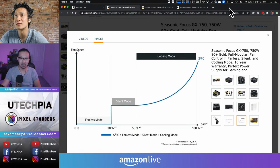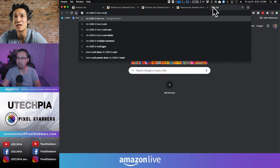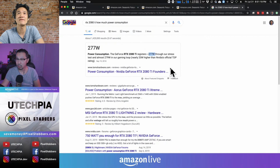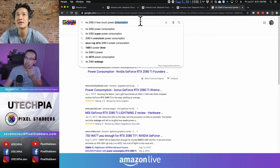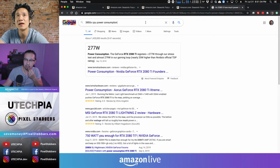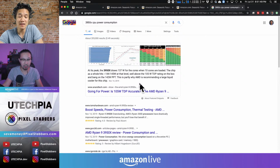Like you can look at how much those GPUs use. For example, if you search for the RTX 2080 Ti, how much power consumption does it take? This is crazy. It takes up to 277 watts, or almost 280 watts, just for this big GPU, right? And then you add your CPU, which if you have, for example, let's say a 3950X, the CPU power consumption is about 300, right? So just the GPU itself took like a quarter of the power. And that's not counting the hard drive, your motherboard, your fans. I don't know what else you put in there, but when you're gaming, you definitely need a good